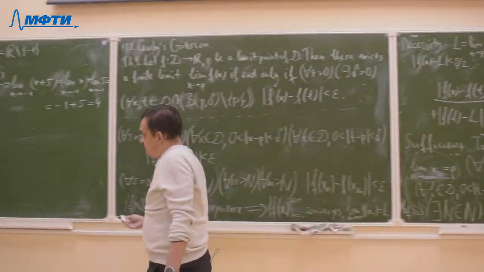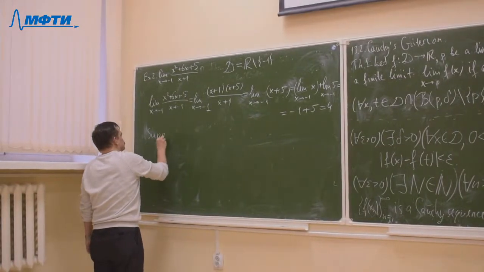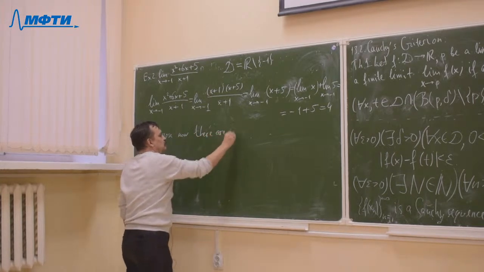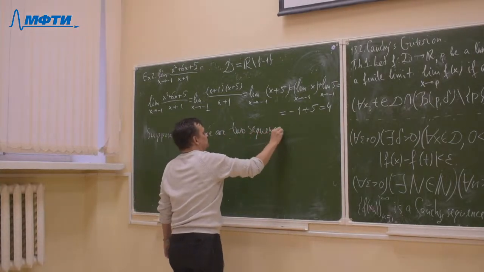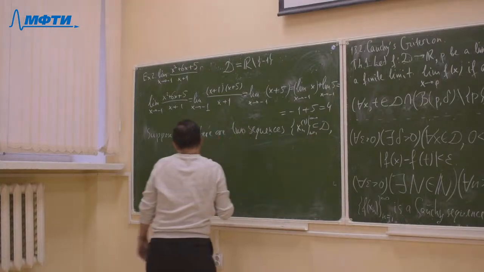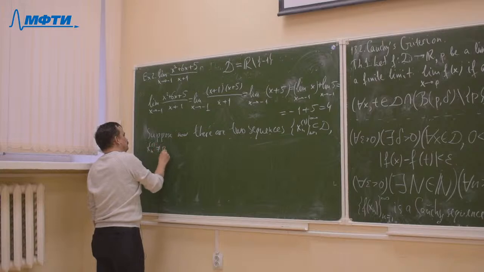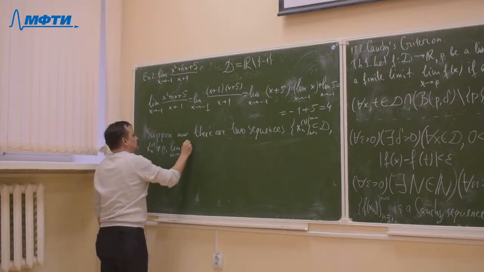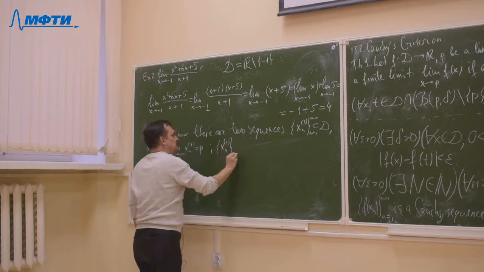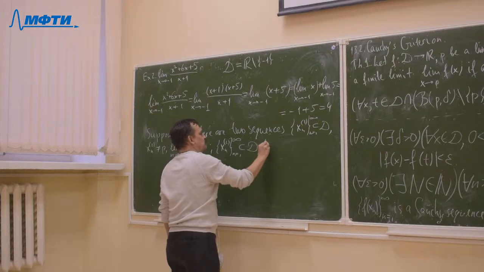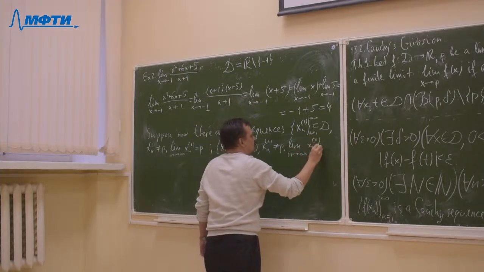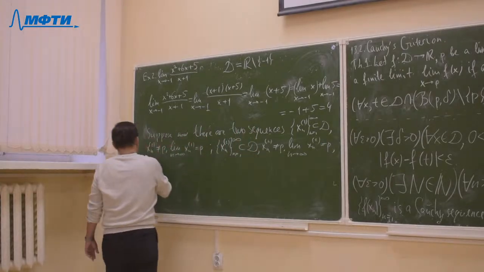So suppose now there are two sequences xn1 in D, xn1 not equal to p, and the limit of xn1 equals p, and xn2 in D, xn2 not equal to p, and the limit of xn2 equals p,